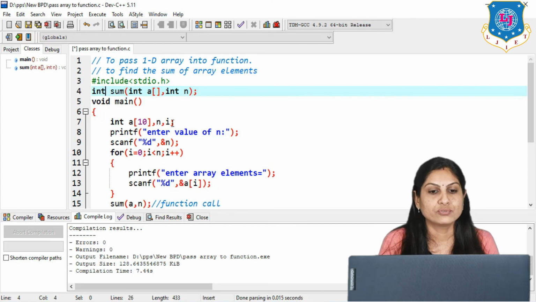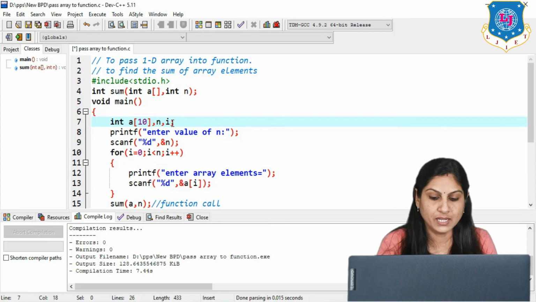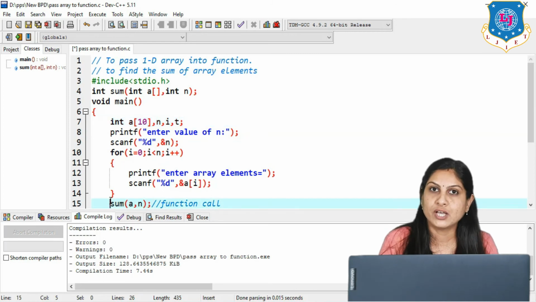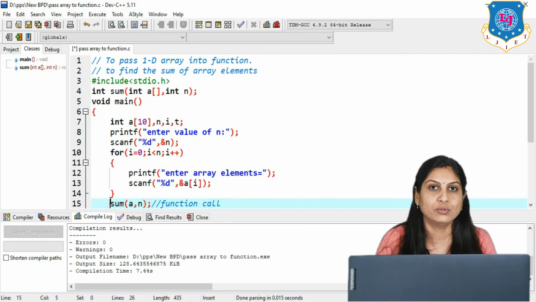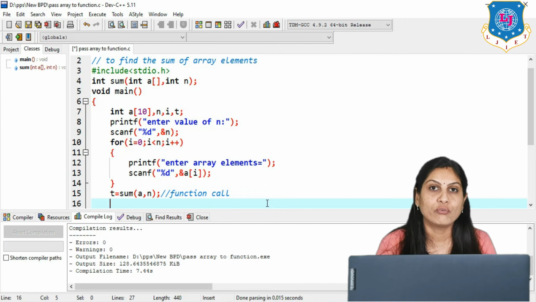Then we have to catch that value inside one particular variable, suppose t. So we are declaring another variable, that is t. Then when you are calling this function, it returns some value, and that value we have to store. So we have to write t equals the function call sum(a, n), and then we have to display the value of t.